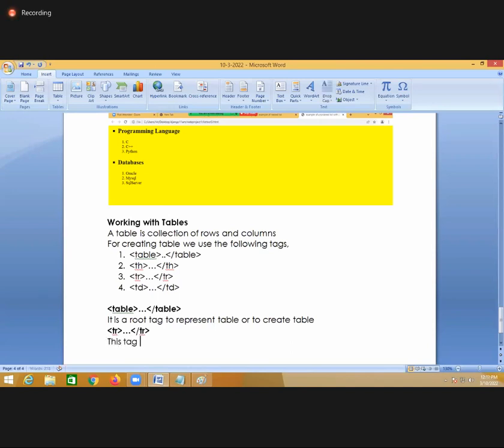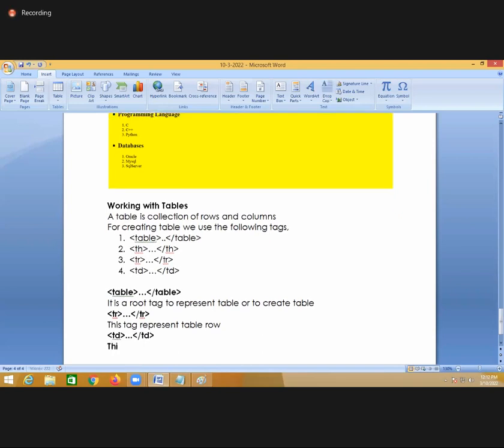This tag represents table row. That is for creating a row, but it creates a row without values. But how can you define the values of it? By using table data, and that is represented by using TD. This tag represents